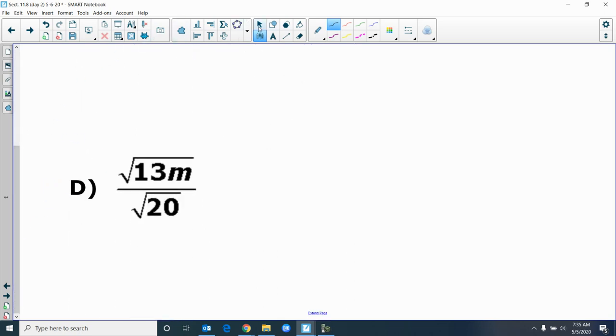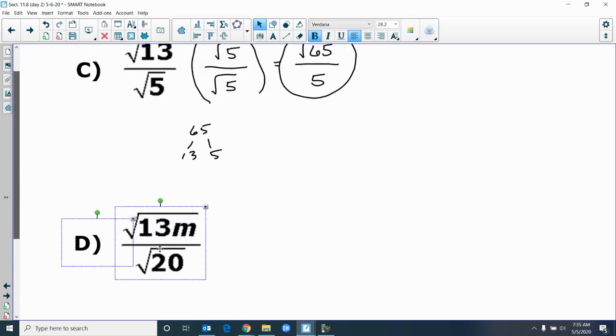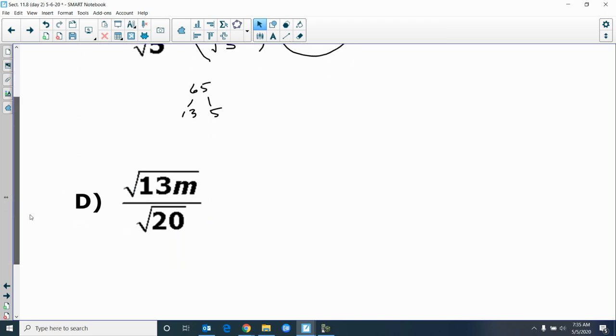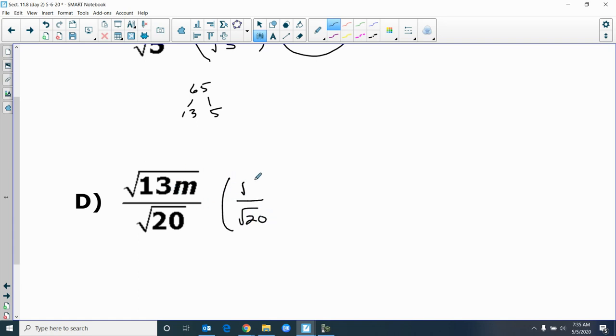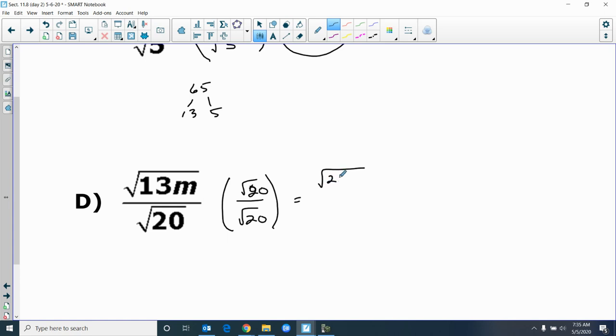Square root of 13 over square root of 20. Okay, now you can do this two ways, and I'm going to show you both ways. So what I can do is multiply top and bottom by square root of 20. 13 times 20 is 260. So that becomes square root of 260 over